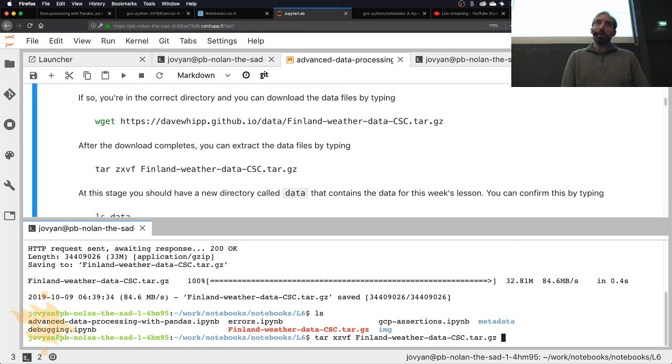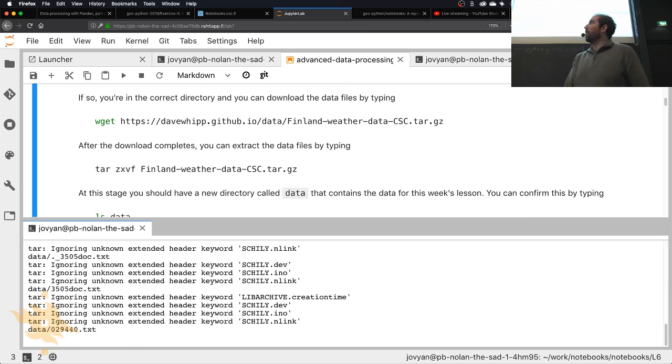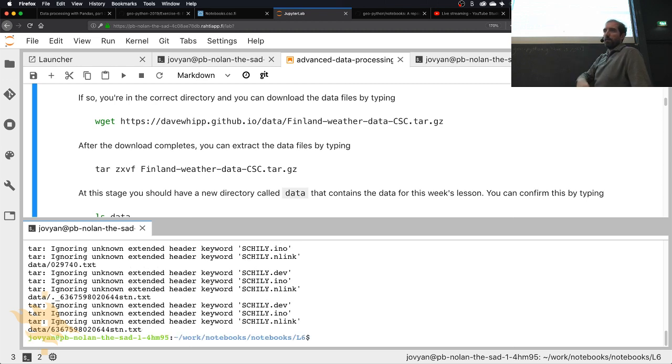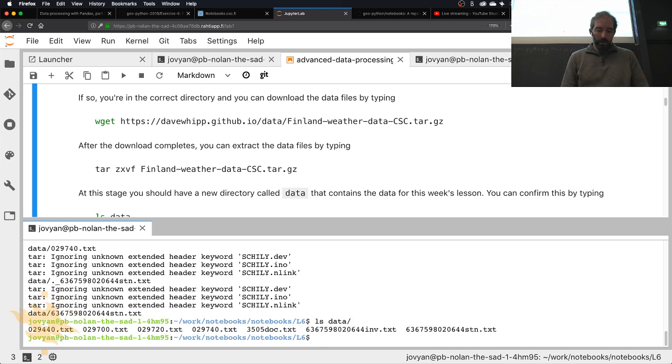When you type this command and run it, you should see a few little warning messages here about ignoring stuff. This is because I created the archive on a Mac, and on the Linux machines that we're using and the CSC, it's got a slightly different tar command. It doesn't recognize some files. You could ignore the warning messages, that's not a big deal. The important thing is if you type ls space data, that you should now see there's a directory that's called data, and inside there are these data files. We don't really know anything about them yet, but there's 4 files that start with some number sequence.txt, and then there's a few other files in there that are actually metadata files. So these are files that describe the data that is in our 4 data files